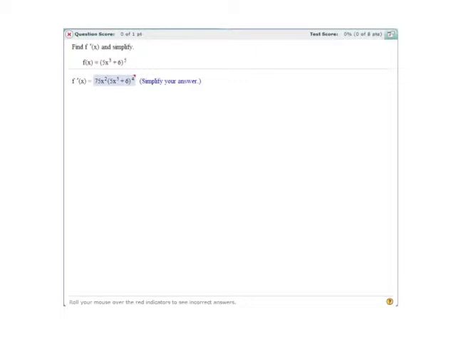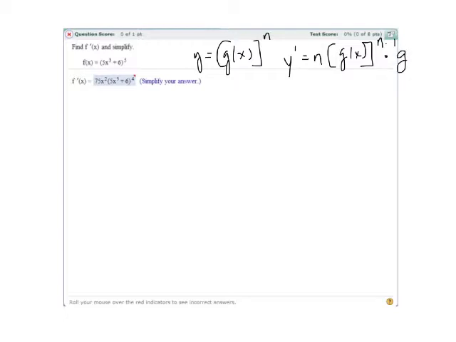So remember the general power rule. If y is equal to g of x raised to a power, then the derivative works similarly to the power rule in that we bring down the exponent and subtract 1, multiply the exponent and subtract 1, and we keep the inside as is, but we have to remember that last step, the connection to the inside is the derivative of the inside.